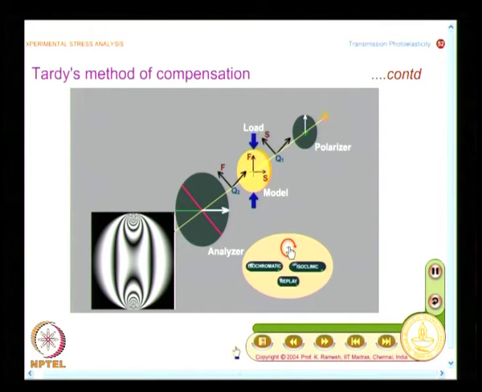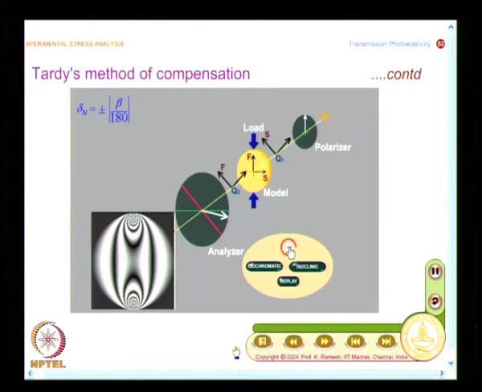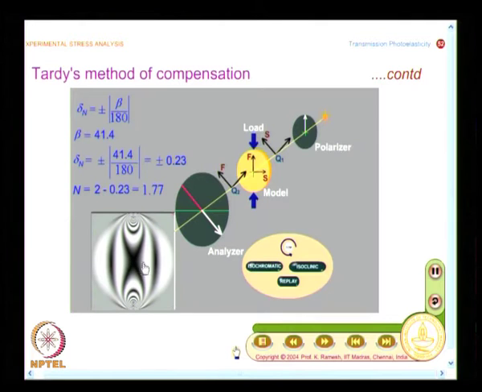I am able to directly rotate the analyzer. Why? Because the basic polariscope arrangement is with respect to the horizontal and vertical. I do not have to do the step of orienting the polariscope to the reference axis. The basic polariscope itself is oriented that way. Now, when I rotate it clockwise, what happens? I am able to make the intensity transmitted at the point of interest 0. This is another way of looking at it.